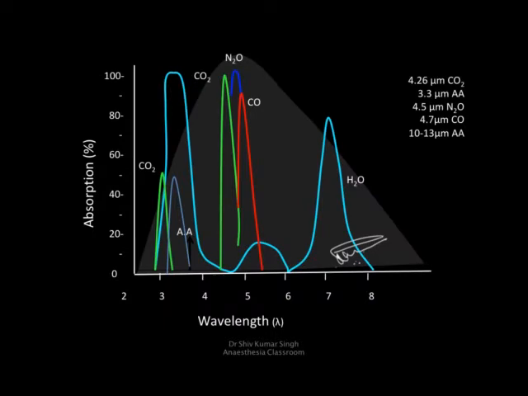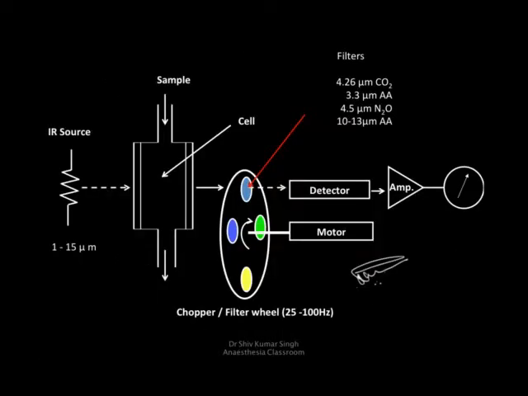So if you look at the absorption spectrum of certain gases we monitor, like carbon dioxide, it's maximally absorbed at 4.26 micrometers, anesthetic agent at 3.3 micrometers, nitrous oxide at 4.5 micrometers, carbon monoxide at 4.7. Anesthetic agents are also absorbed at a further range at 10 to 13 micrometers, so 3.3 and the 10 to 13 micrometer range as well. So if you look at the gas monitors, they consist of an infrared source which transmits infrared light at 1 to 15 micrometers,